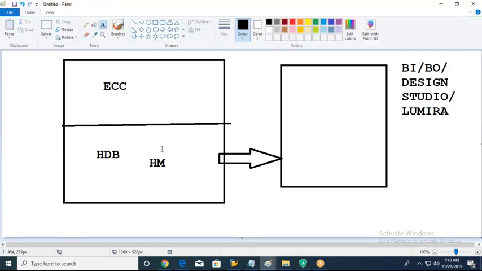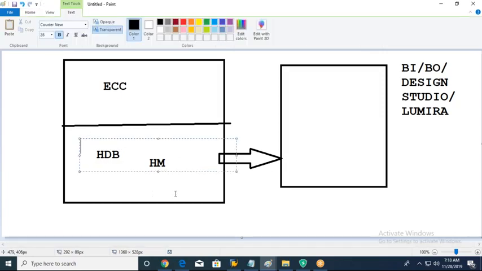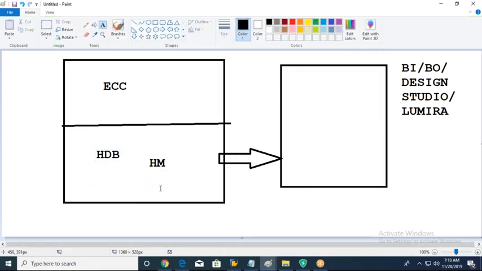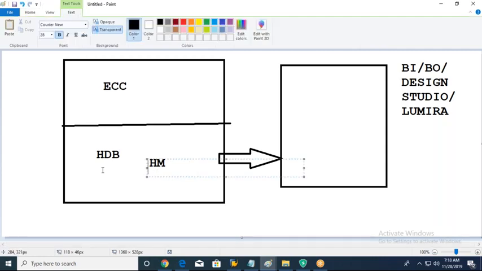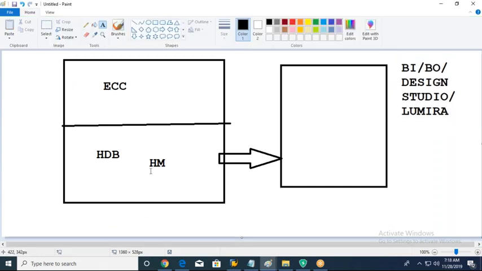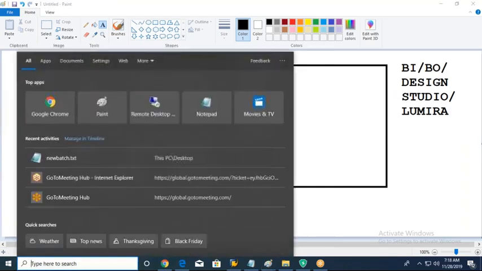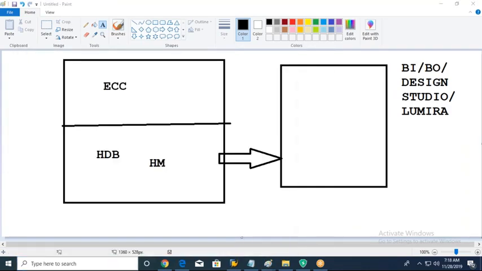So HANA modeling is performed directly in the HANA database in the HANA modeling perspective in HANA Studio or Eclipse. Even though HANA is a main core or primary database, we can create HANA modeling directly in the HANA database, and we can use those HANA modeling views either in the ABAP layer, in UI5 theory, and also in these reporting tools. So when HANA is main core, we will use all HANA modeling. What about